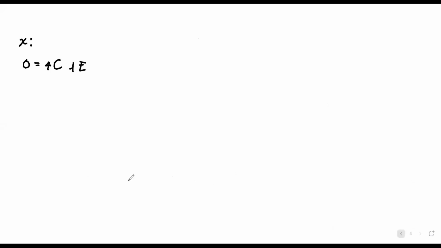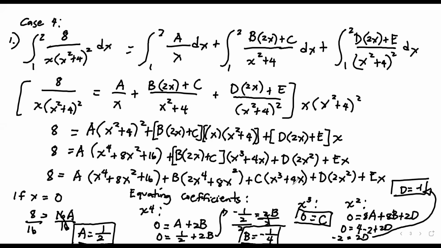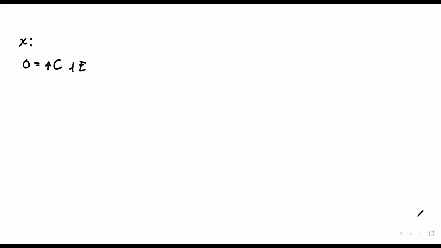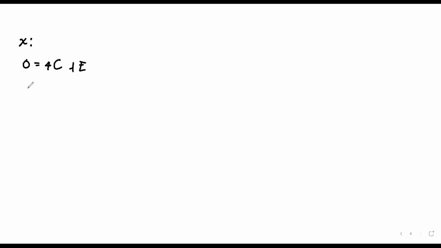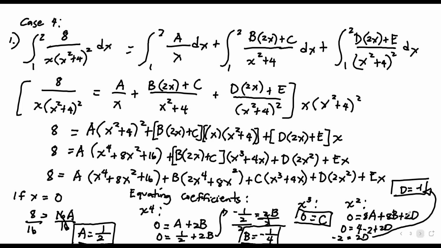Double check x. Wala dito, wala. 4c plus e. So we'll have 0 equals 4c plus e, and ang value ng c natin ay 0. So we'll have 0 equals 0 plus e. So e is equal to 0. Okay. So therefore, ang given natin, will integrate now